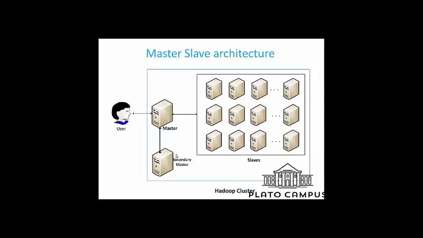Just like in schools, there is a vice principal, right? In case the principal is absent, there must be someone who can take care of the activities. The same logic applies to Hadoop. In case the master is down, then who will be distributing the tasks among slaves? We need a backup of the master. That is known as the secondary master. And one more thing you can notice is that the user is interacting with the master. The user is not interacting with slave machines directly.